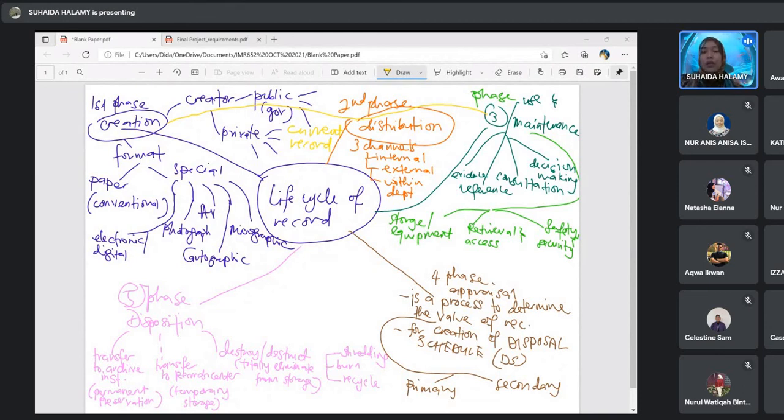Normally we keep it in record office or registry. Tu kena mention tu. So that you can see bila you cakap tu you nampak apa beza dia. So current record ni record yang frequent use for daily transaction, current transaction in your organization. Normally we keep in record office or registry.